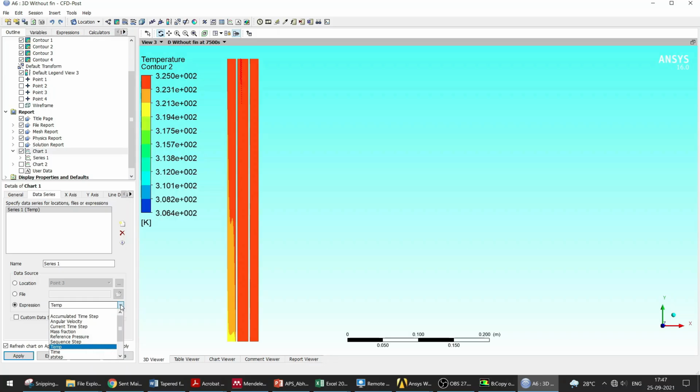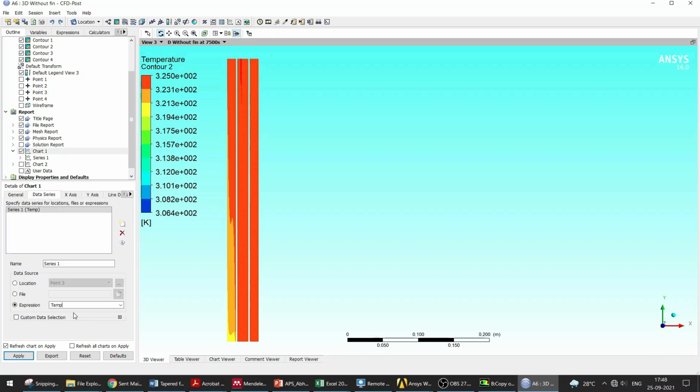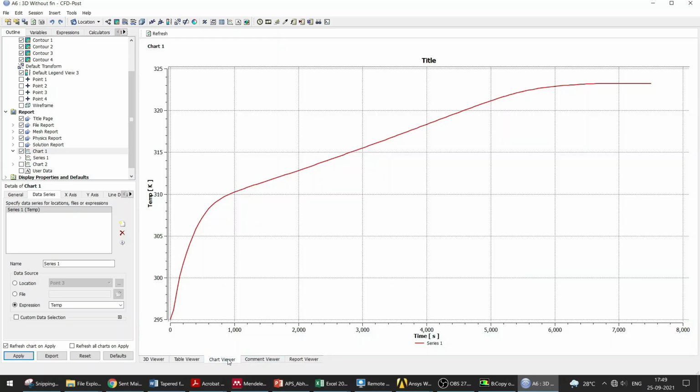Now what we have seen here is temperature. Click on the temperature. The x-axis is the time and the y-axis will be the temperature. Apply. So you can see the chart. This is the temperature variation with time. The melting observation started at 295 and still continues up to 324. Similarly, mass fraction